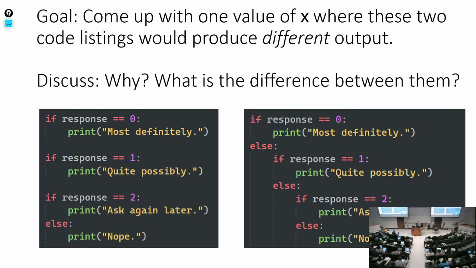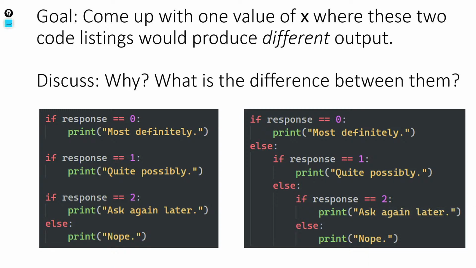All right. So by a show of hands, could you identify an input that would produce different output? Raise your hand if you could. Seeing a lot of hands, and that's good because you can. You can get a different output given the same input here. And this is a very common source of confusion in the early days of programming, when you have sequences of if statements versus nested if else statements, and the relationship between these two things.